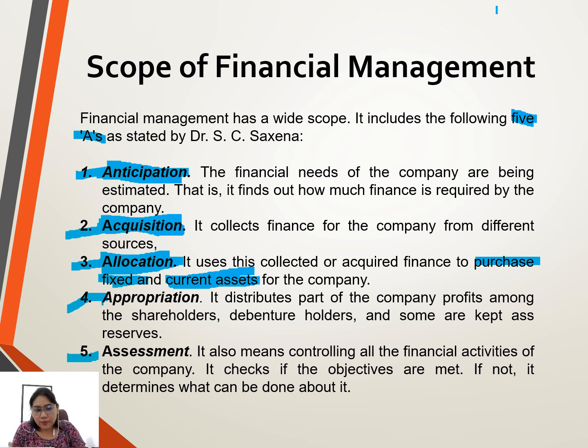The next one is the appropriation. So, appropriation naman is distribute the part of the company profit among the shareholders. So, kunwari, tapos na. Ang nangyari, naging successful yung pag-aalaga nyo ng chicken. Okay? At naibenta nyo na. And then you earn a profit. So, paano mo naman i-distribute ang profit? Ito ba ay pwedeng paghahatian nyo ng dalawa? O ibabayad nyo muna dun? Di ba may utang na 1 million?